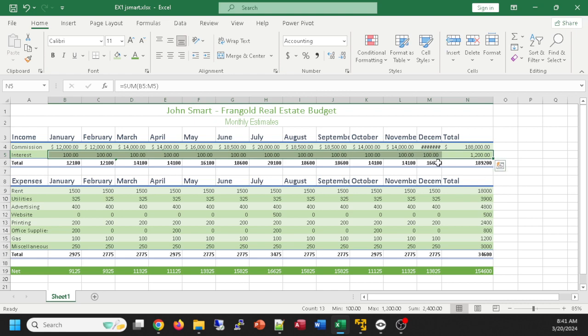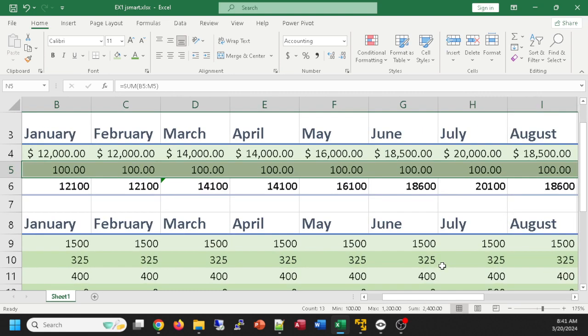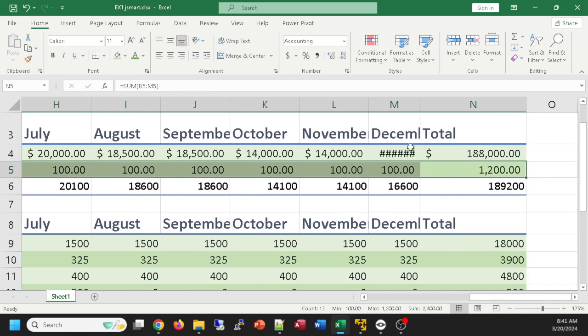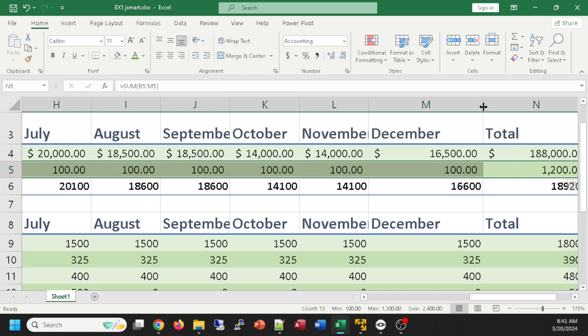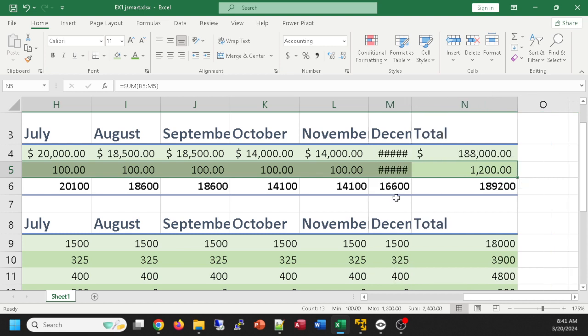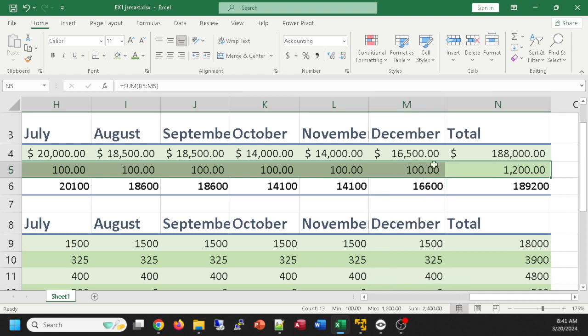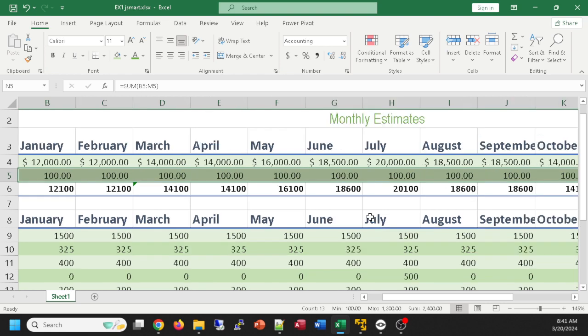Now don't panic if you see this. If you see all the pound signs, don't panic. All that means is my row or my column is too narrow to show the number. I can manually adjust the column width or double click on the border of that column to have it auto fit. So if I ever make the column too narrow, you'll see pound signs. Don't panic. That just means, oh, I need to widen my column. Double click, and now I can see my numbers. So we've applied now comma format